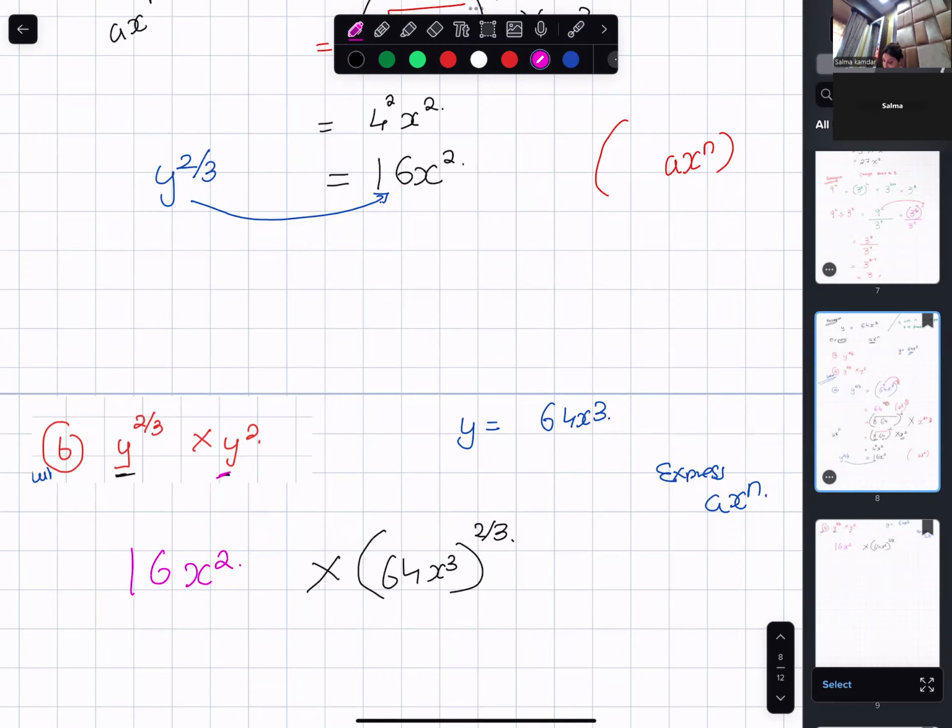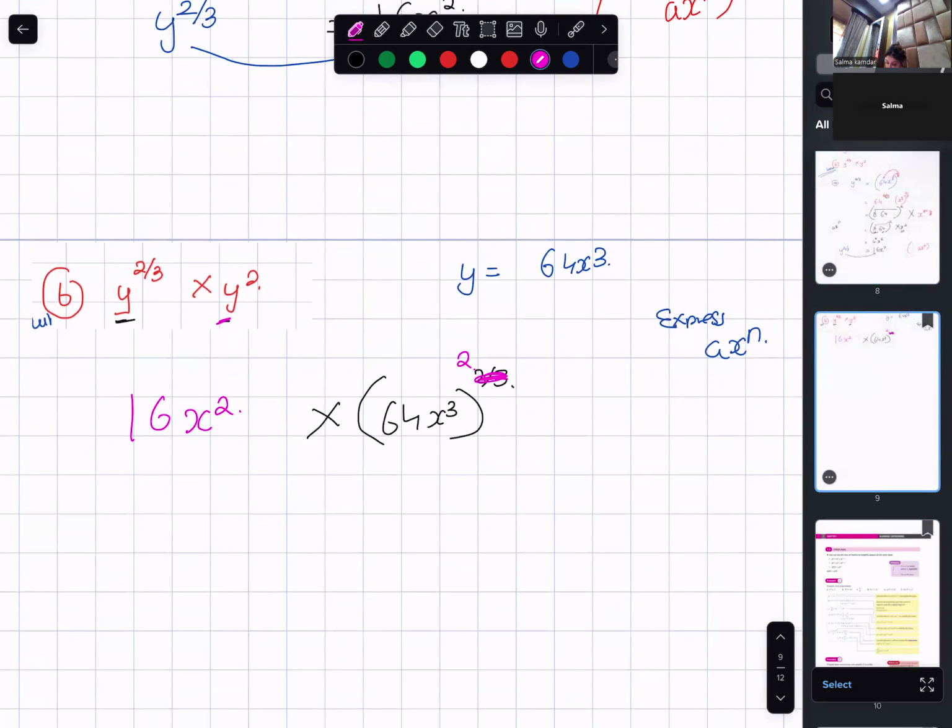And over here, in place of y, I'm going to write 64x cube. Okay, 64x cube multiplied by raised to the power 2. Now let's see. 16x square multiplied by 64 square,